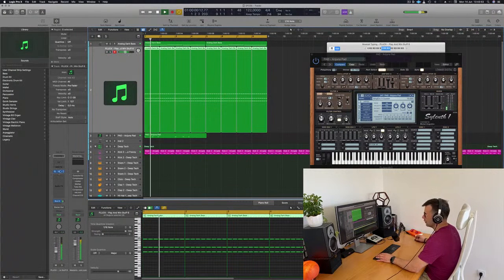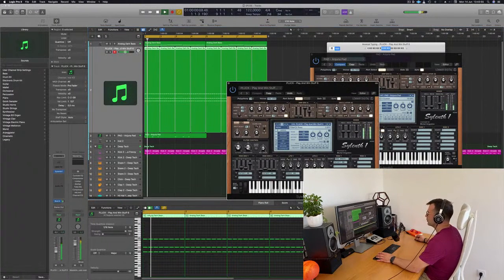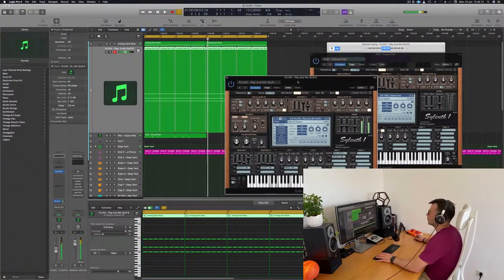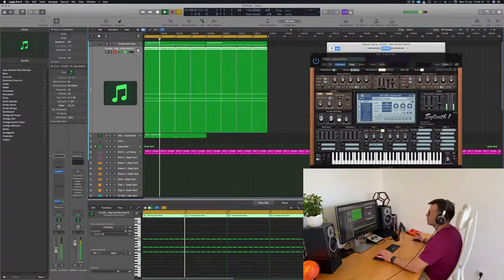This is good. Now that I have a lead, we have to mix it in properly, so I'm gonna cut the top. I think there's a bit too much resonance, I would say. It all has to work together.